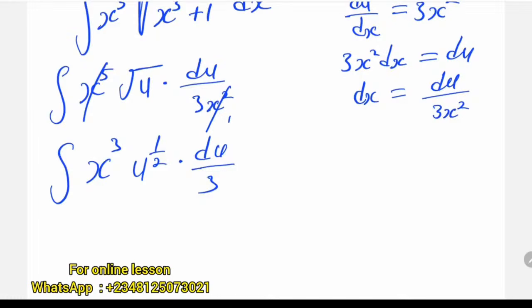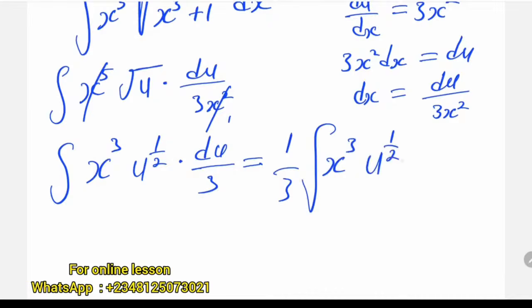We still need to substitute for x raised to power 3. We need to get rid of this. So we want everything here to become u. So what we have here can be written as this. To first of all take this 3 away. Let's take it here. It can become 1 over 3. There the integral. We have x raised to power 3. Then u raised to power 1 over 2 du. Good. Now let us go to, in this our original